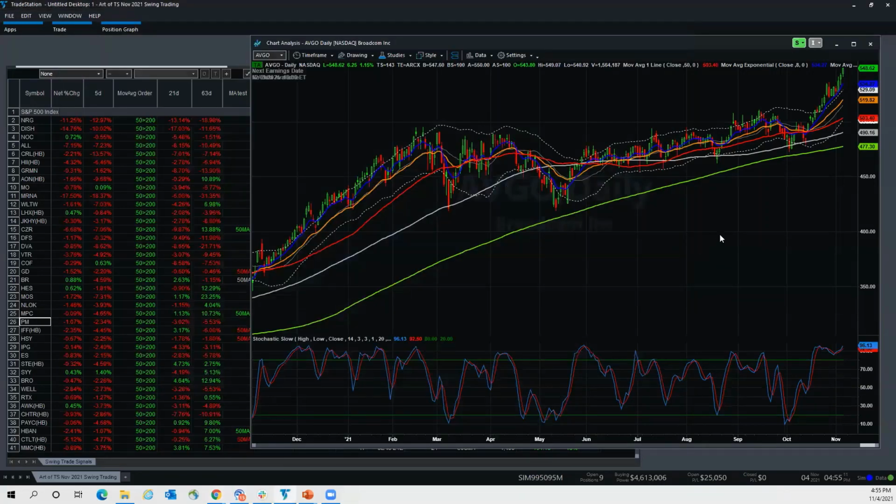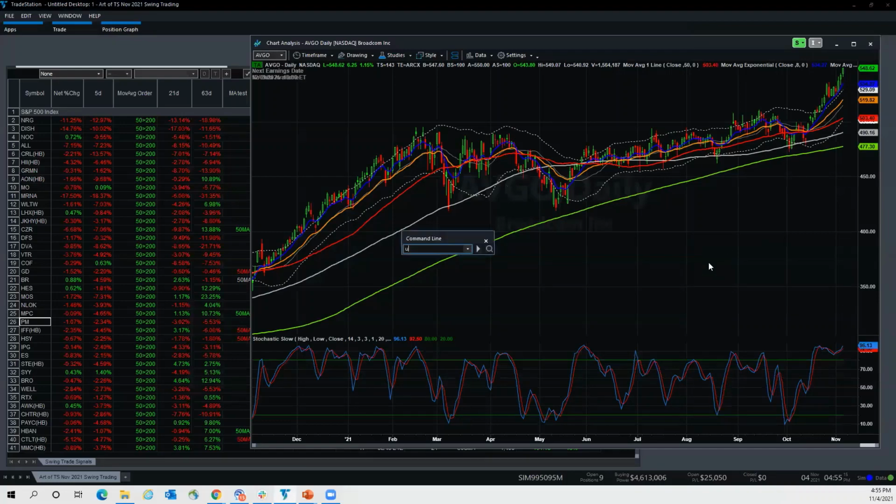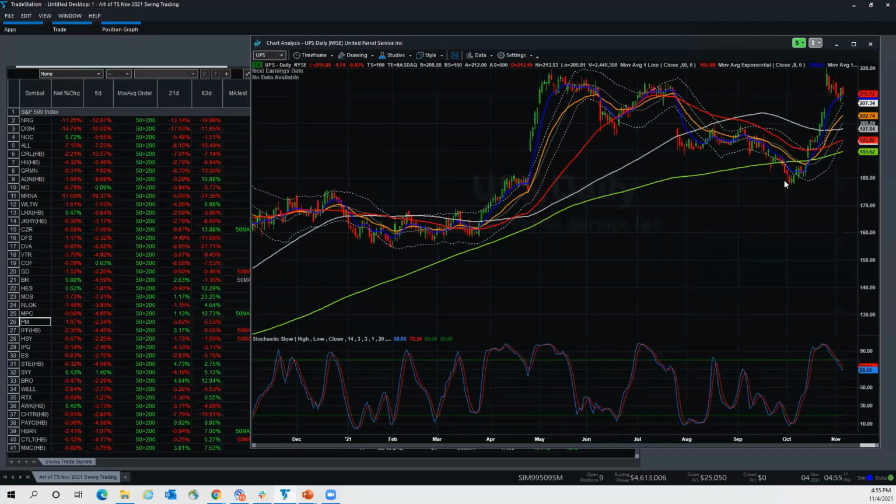Anyway, that's an example. Broadcom is one that had a good signal there. United Parcel Service earlier in the month was just kind of stuck down here. Now, what's interesting is when things come down this low, it doesn't always mean they're going to go up, but you're often in a place where at least the odds are more likely that it's going to stabilize. So it's going to be the kind of spot where you're going to get something of a bounce,